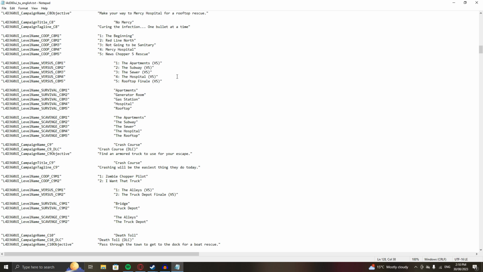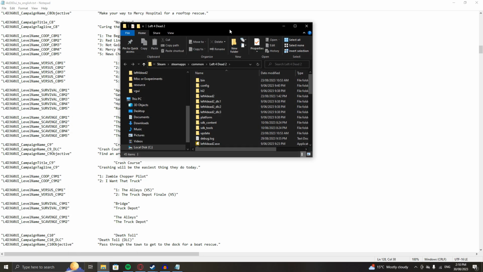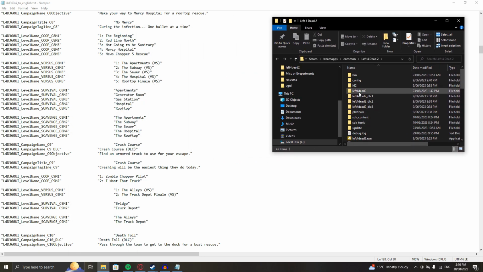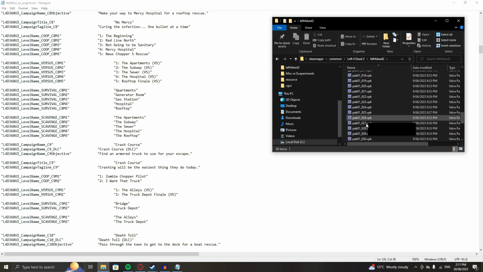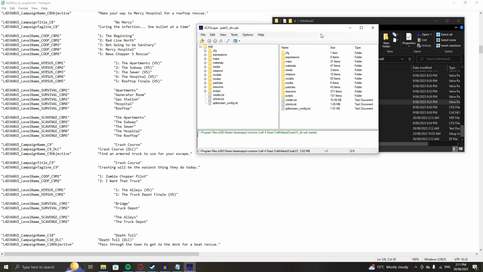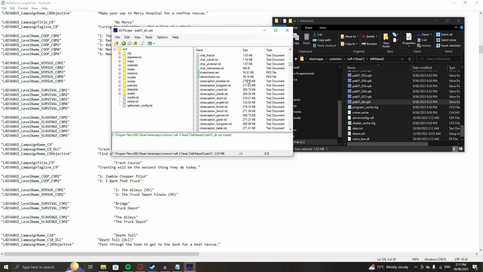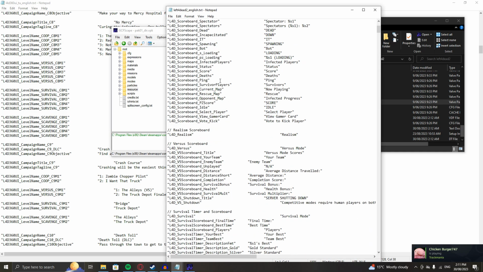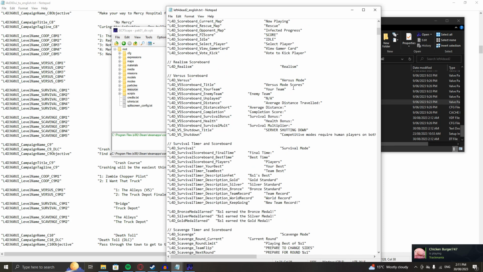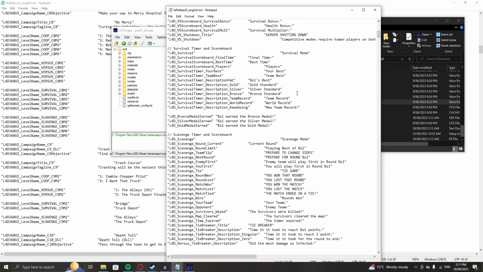That's everything. Once again, to change other files, because this is the only stuff that I've changed, you'll need to go into different things. So you have to open up VPK files with GCFScape, and then go to resource, and then any text file that's like this. I know the other one is this one. And what you can do is you can just copy and paste. So say you don't like how it says,